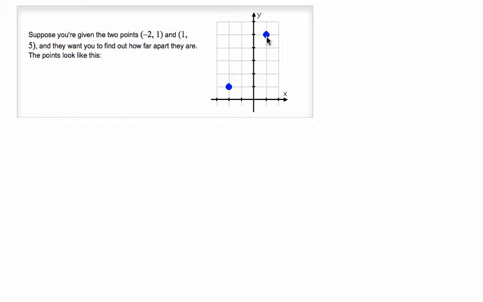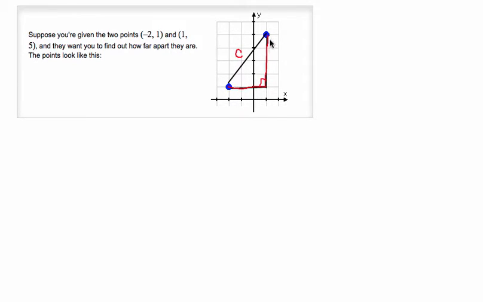That method is to create a right triangle and use the Pythagorean theorem to find this side, the hypotenuse of the right triangle. So if you create a right triangle, you just draw a line that represents the horizontal difference between the 2 points, and then you draw a line to represent the vertical difference between the 2 points, and that forms your